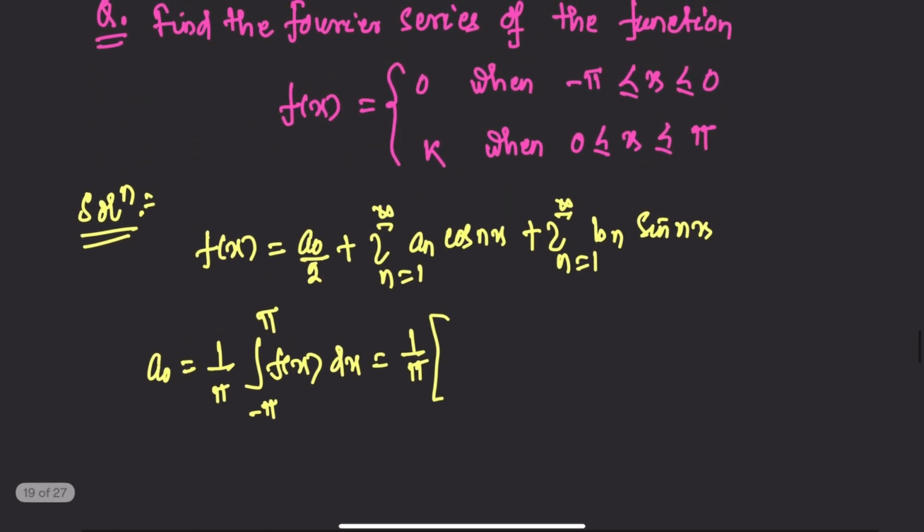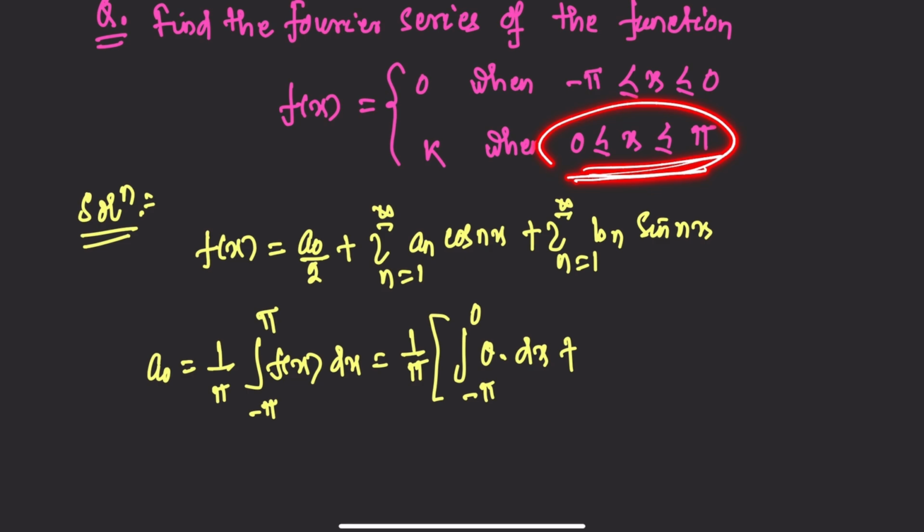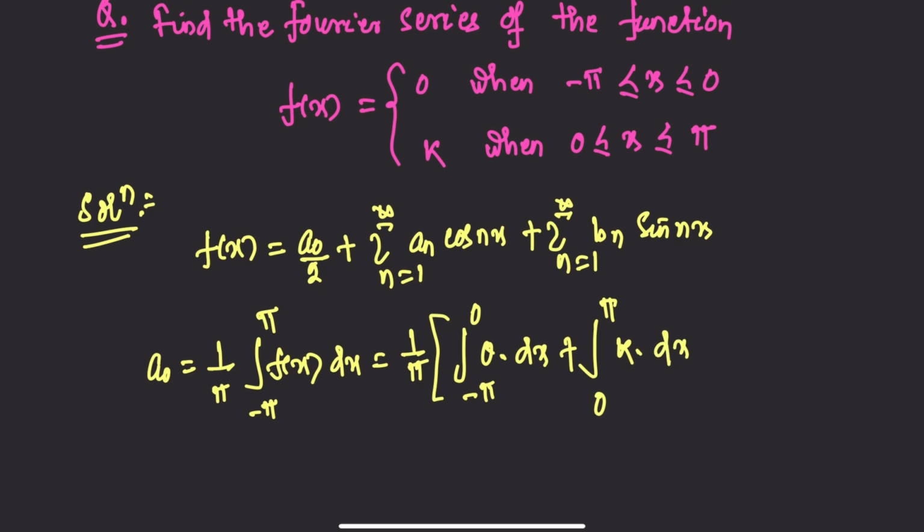Here the first interval is from minus pi to 0 and the function is 0. So the integration becomes minus pi to 0 and the function is 0, so 0 into dx. Okay, and the second interval is from 0 to pi and the function is k. So the integration becomes 0 to pi, function is k, so k dx. Okay,